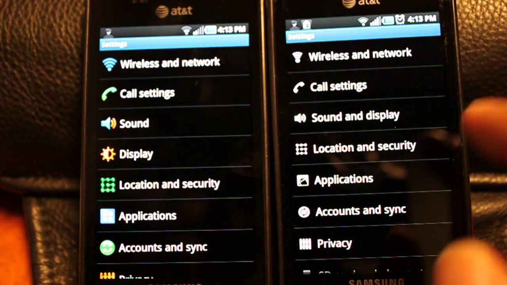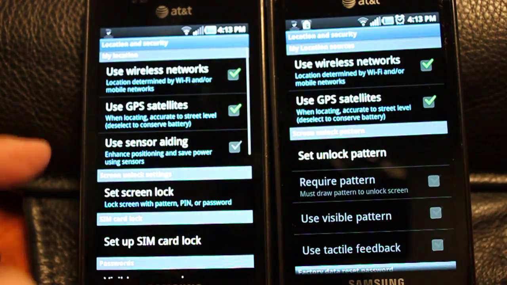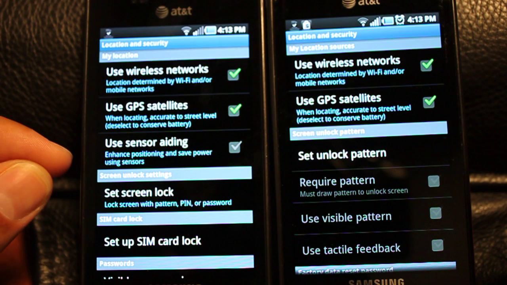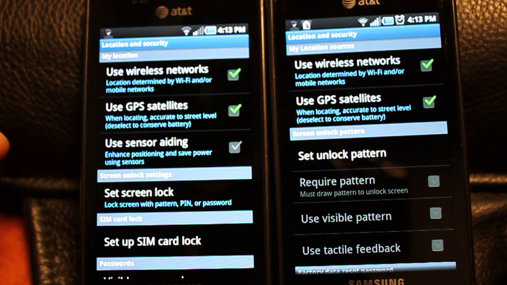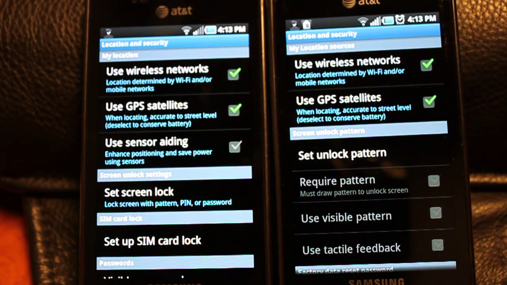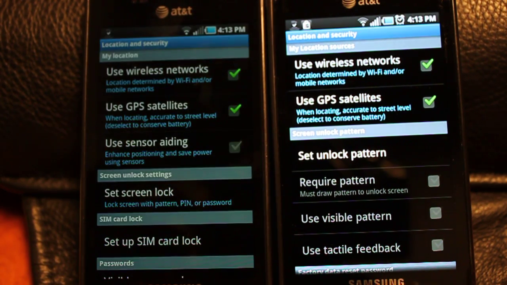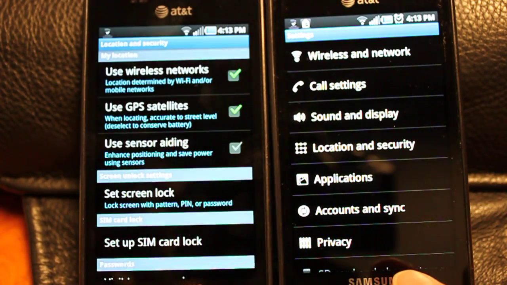Next up, location and security has added this extra use sensor aiding, and apparently it enhances positioning to save power using your sensors. I haven't really tested that yet, just because with this unreleased build we don't know what features are going to be included and what aren't upon the official release. But if that is officially released, we'll do another video later showing you the advantages of that. So going back into our settings,